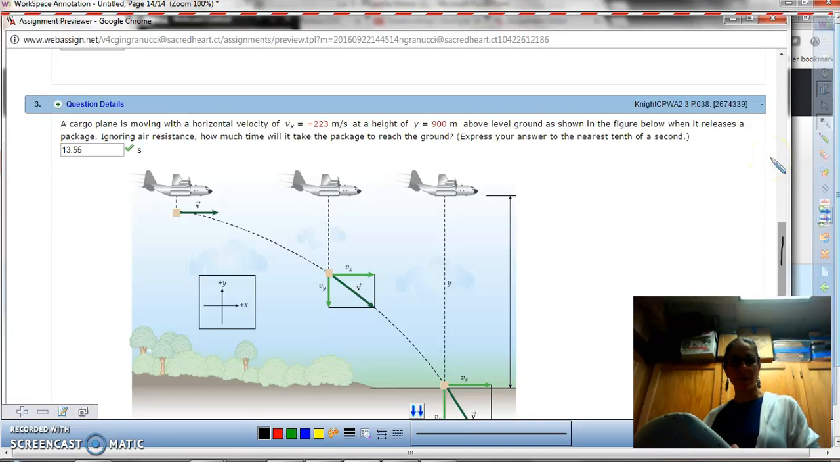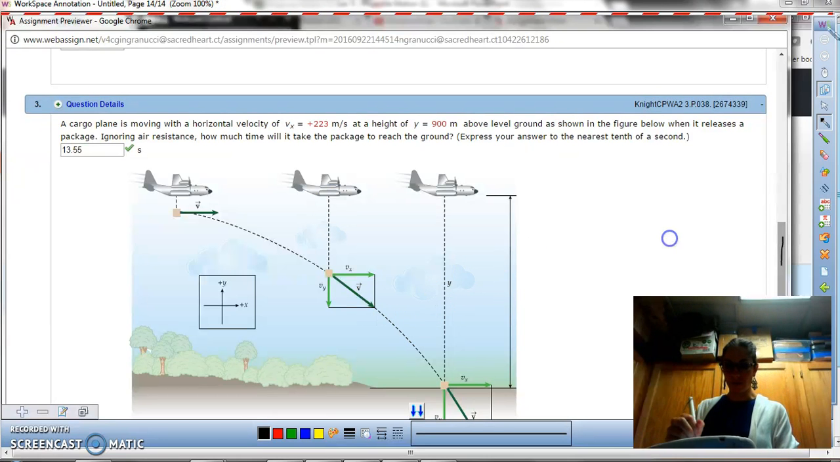Hi again and welcome. This is part 2 of horizontally launched projectile. I want to just finish up the problem previously where I was going to look at the landing velocity of this object. So going from the previous scenario here,